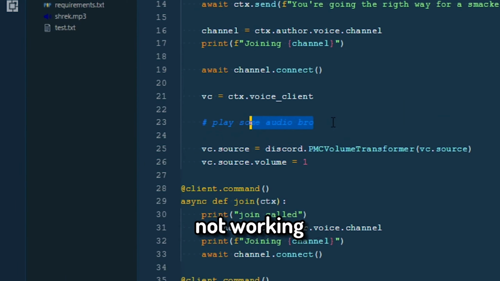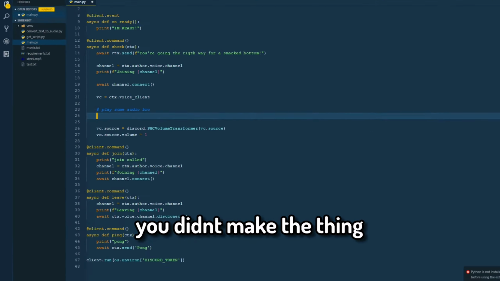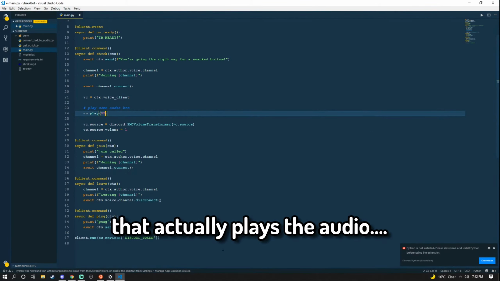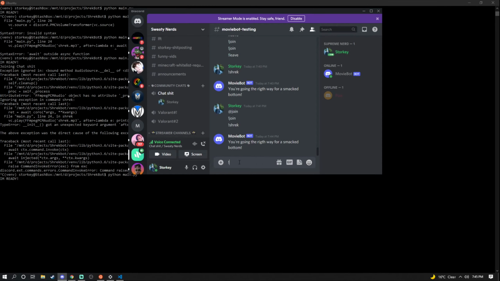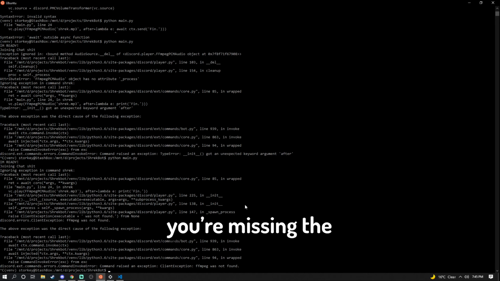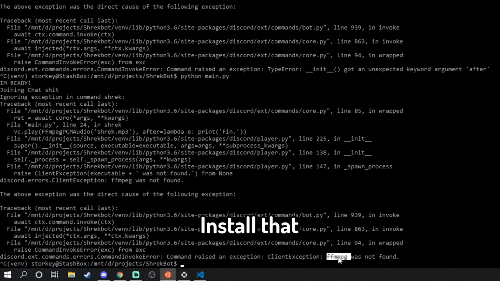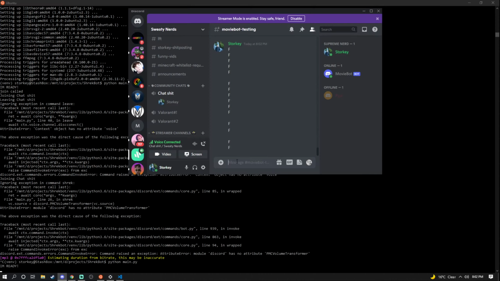And then realize it's still not working, and then it's because you didn't make the thing that actually plays the audio. Shit. Now realize you're missing the final piece of the puzzle, install that, and then hope it all works. Test it one final time,